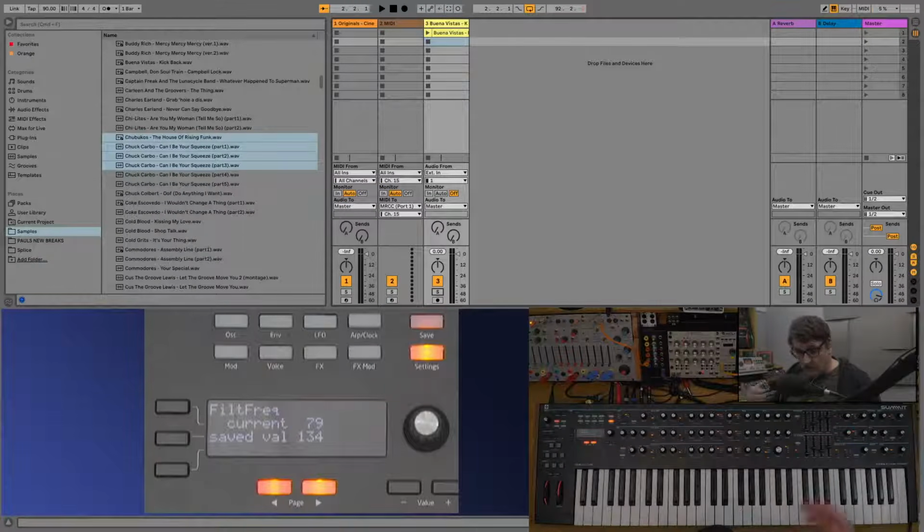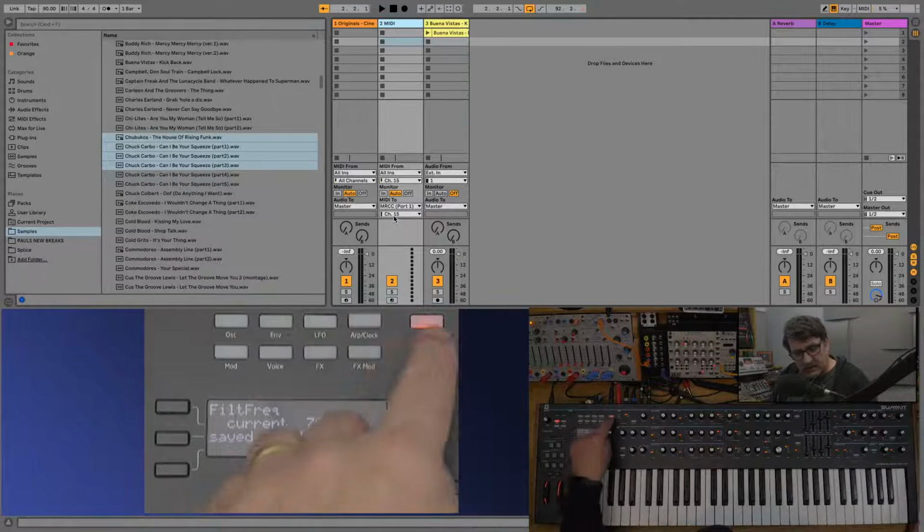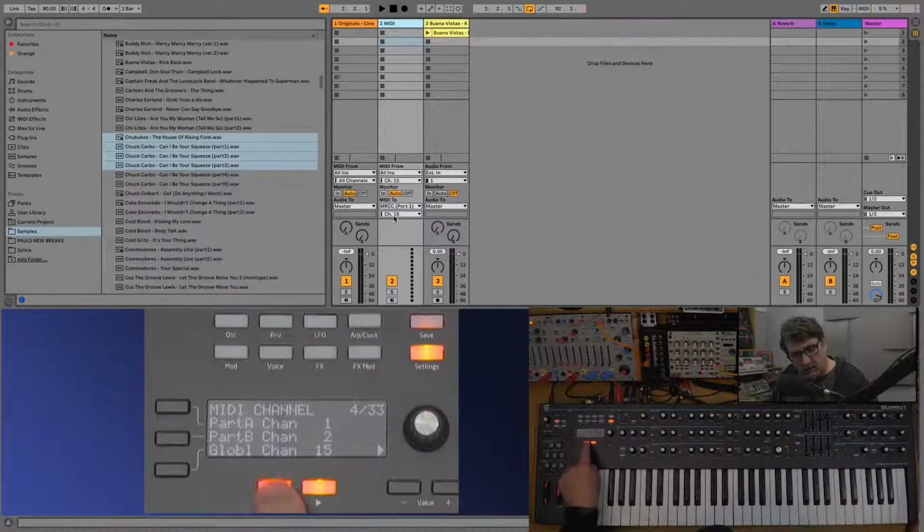And this is really useful if you're working in a sequencer-based environment or a DAW-based environment. If you look in Ableton here, can you see my record enable button? Just about. Yeah, it's not all covered. But if I click on this track here, this is a MIDI track, and I've got MIDI coming from MIDI channel 15, and it's going out to a MIDI interface, which is actually connected directly to the USB on here on channel 15. Now, if I go to my settings page here, the global channel is set to 15. So if I record enable this track,